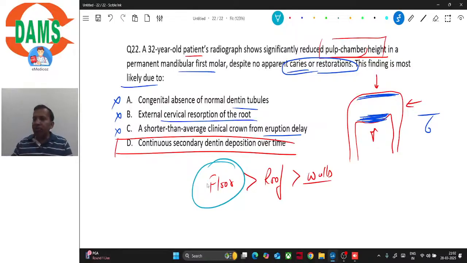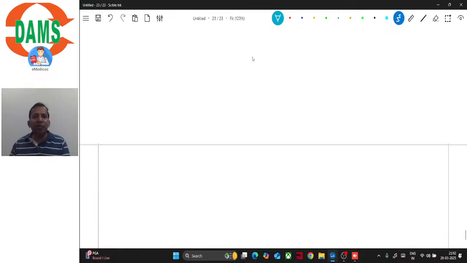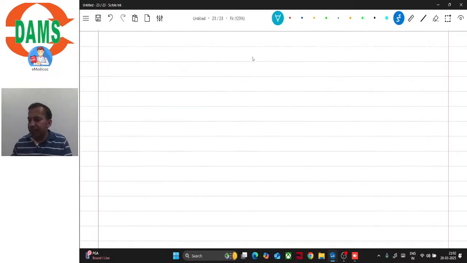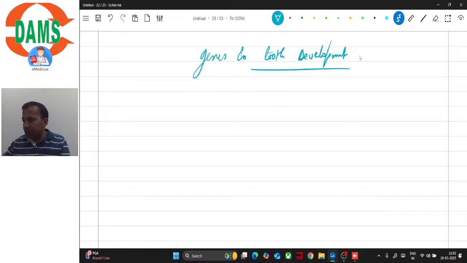Genes involved in tooth development. We already explained, we have studied it yesterday also. Okay, I'll tell you once again. There are some genes that we need to remember, right? We don't need to remember all the genes, because there are more than 100 genes that are participating in tooth development. These are those genes that we have discovered, these 100 genes. But there are many more that we haven't yet studied, right? So of these, the genes that we need to remember are